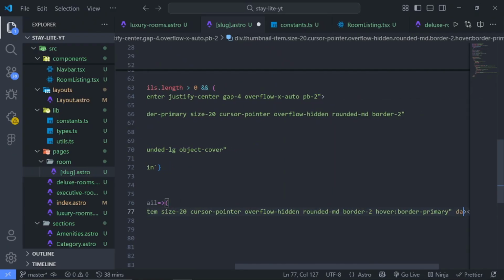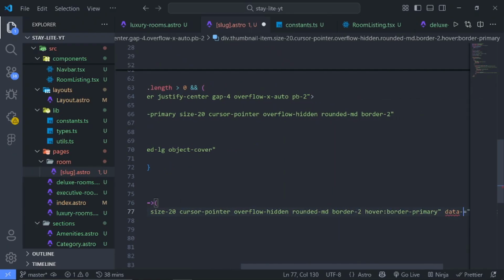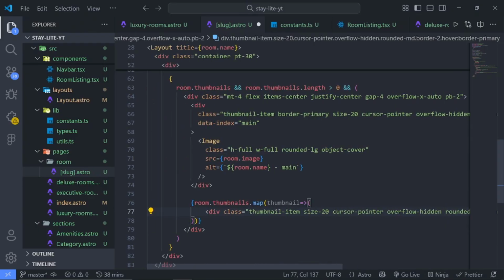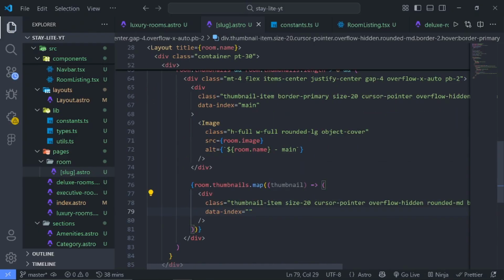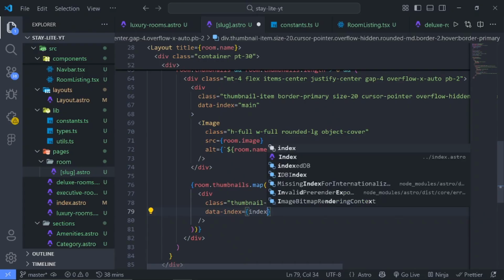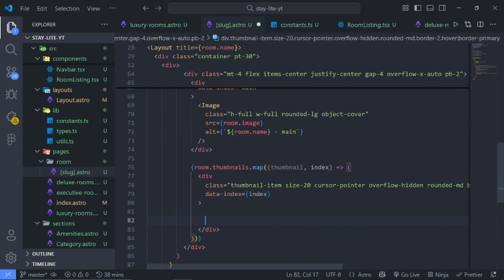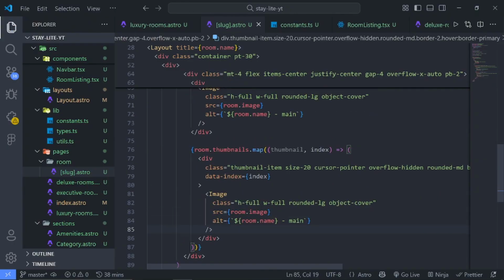Then the same thing, we'll bring in the data index attribute and just say the index should be, this time, the index. So if I save, I will still need to pass in the index right here and put it right here, like so. And again, make sure this is not self-closing. So inside this div here, copy this image tag, put it here and leave it. But since this one is the main one, I can just change this to thumbnail,